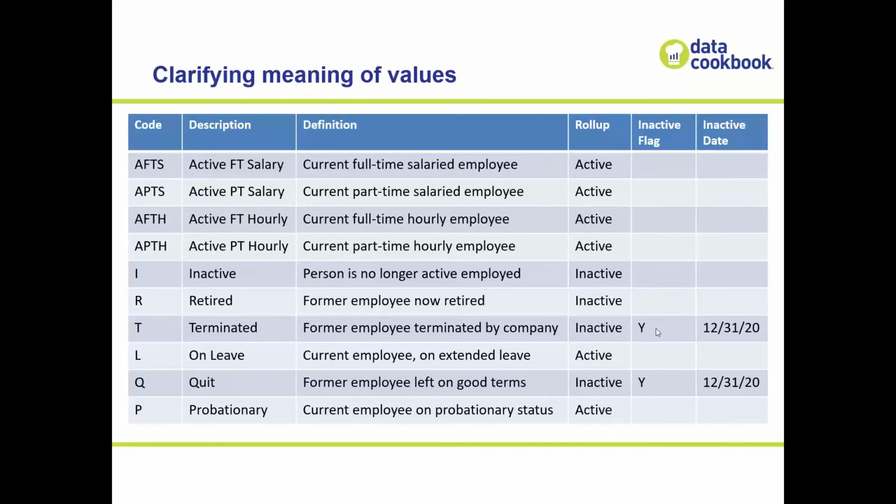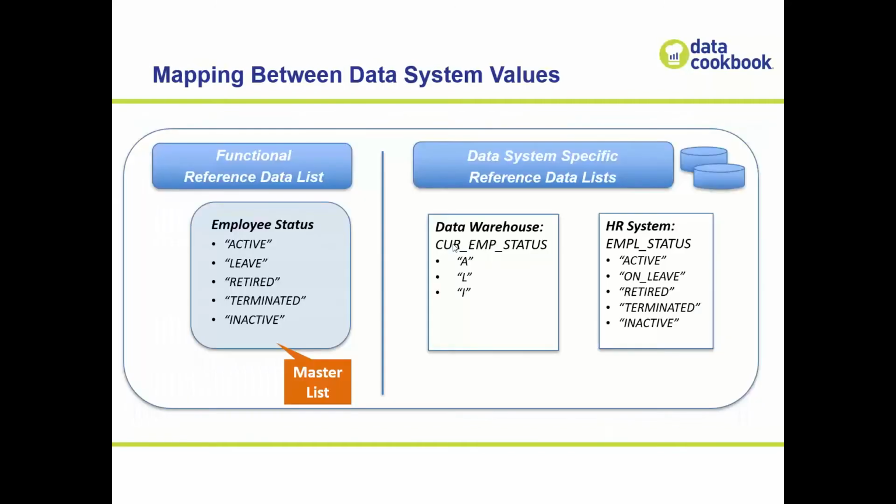The other thing you might have is some codes that you don't want to delete from the list, but you don't use anymore. They're still associated with old records, so you might want to inactivate them. It's a little bit confusing because I have this concept of inactive roll-up, but this means that the code itself is inactivated. So you have a flag for don't use it anymore, and when it went inactive. That's another bit of curated information. So you're building up documentation on what these values mean, to be more useful to people trying to use them than what they can find just looking at the tables in the database.